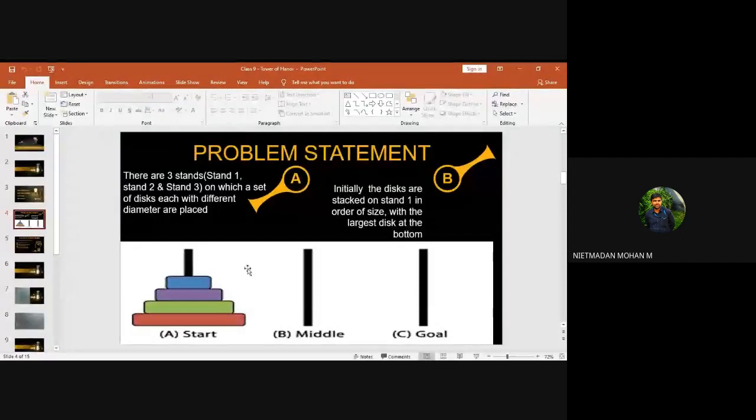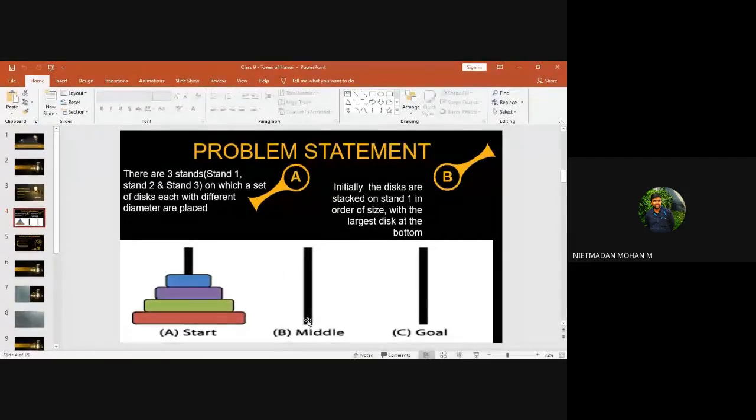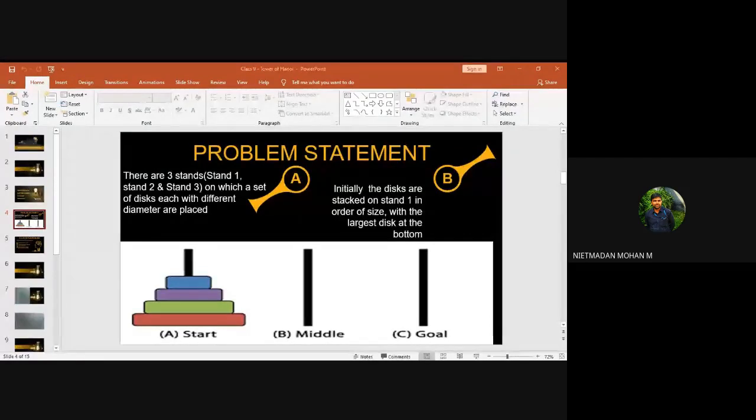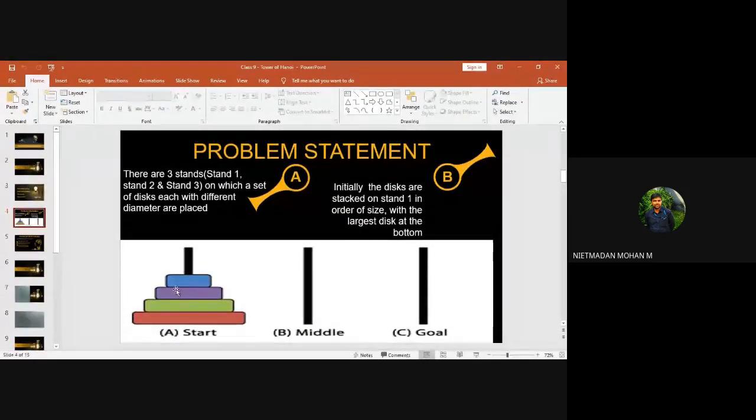So you just imagine that you have 3 stands, that is A, B, and C, and you have discs of 1, 2, 3, 4, whatever it may be. The number of discs will be there, the largest disc will be at the bottom and the smallest disc will be at the top.